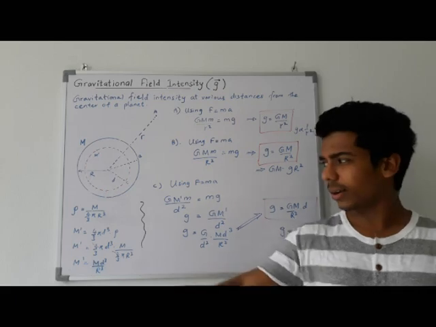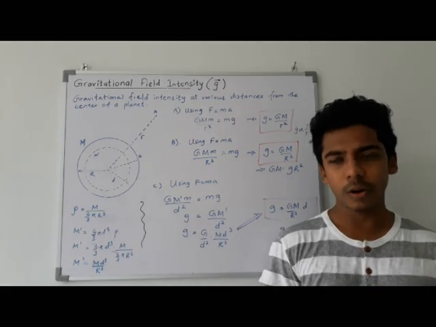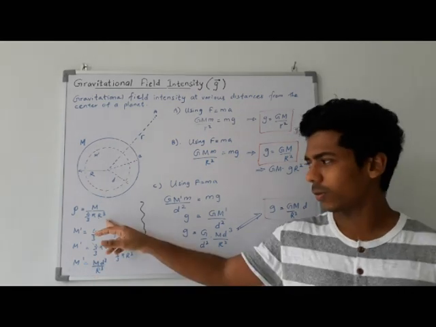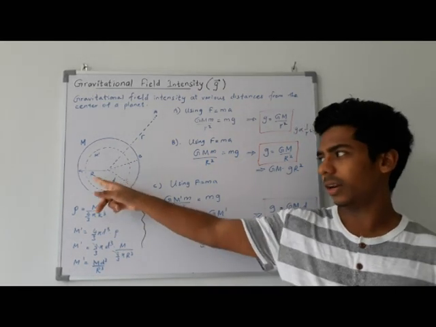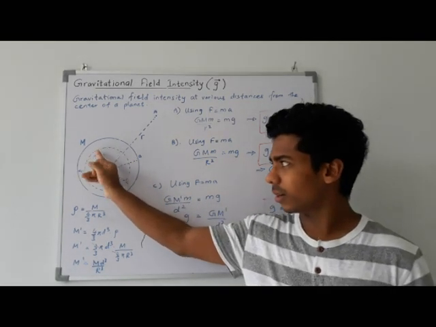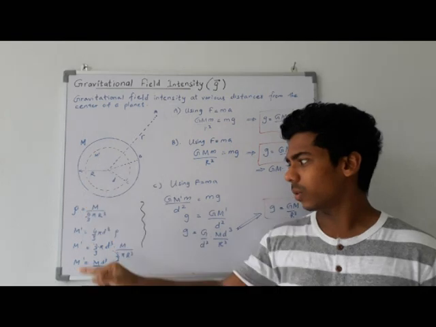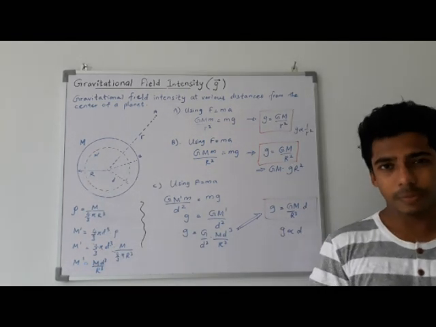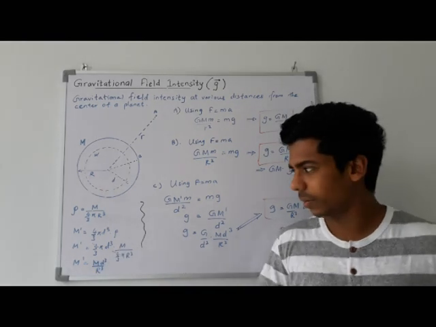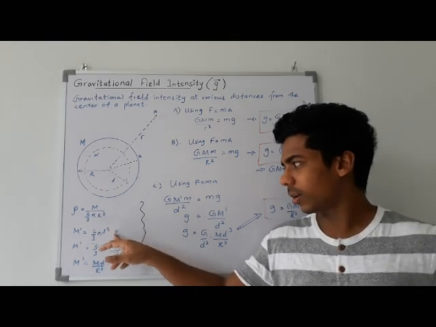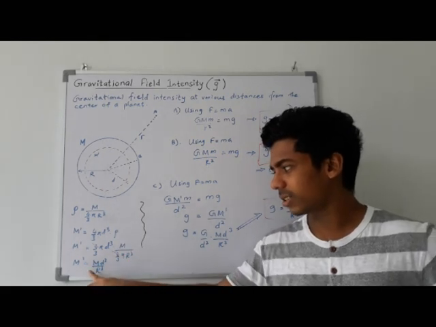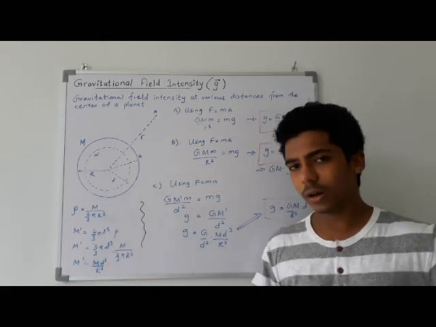Let's take rho, and I can write rho is mass divided by the volume. So M divided by the total volume, 4 over 3 pi R cubed, where R is the radius of the planet. So now I can similarly write down the mass of this volume. That mass is going to be volume times density. So volume, we can write 4 over 3 pi d cubed times rho. So rho, I can substitute this value. When I simplify this, I get M dash is equal to M d cubed over R cubed.